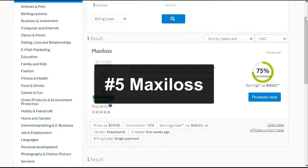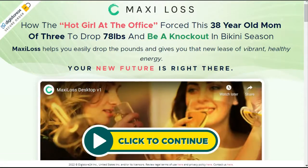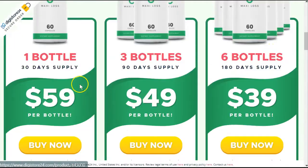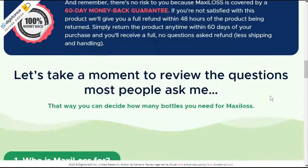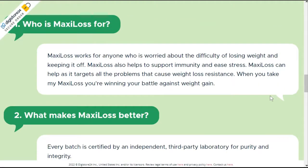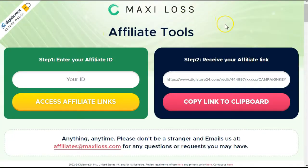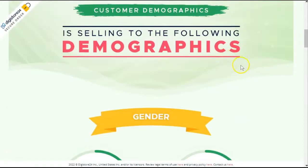New Digistore24 product number 5, MaxiLoss. MaxiLoss is also a dietary supplement that helps you drop the pounds and gives you that new lease of vibrant, healthy energy. There are also 3 purchase options with MaxiLoss. 1 bottle for $59, 3 bottles for $49, and 6 bottles for $39. There are also some facts down at the bottom of this page to help you answer any questions that your customers may have. MaxiLoss also has an affiliate tools page with banner ads, email swipes, demographics, and more to help